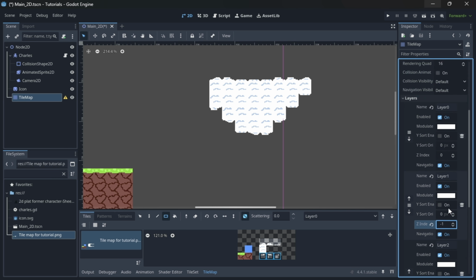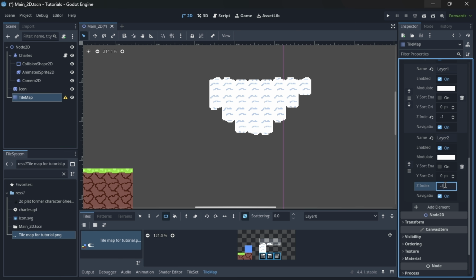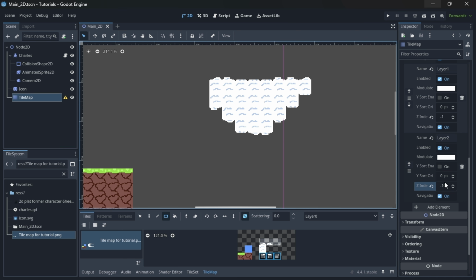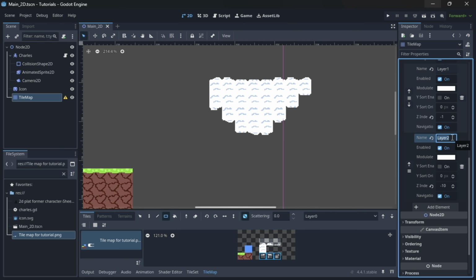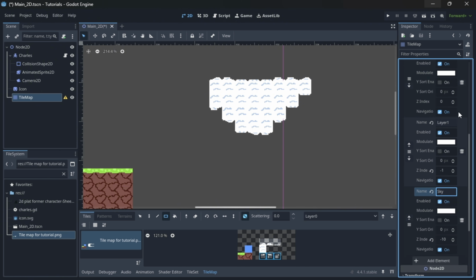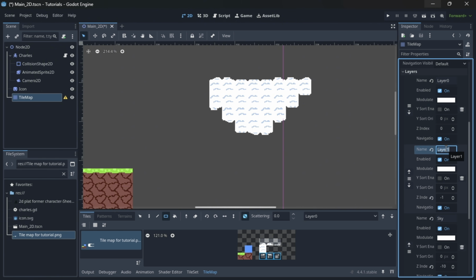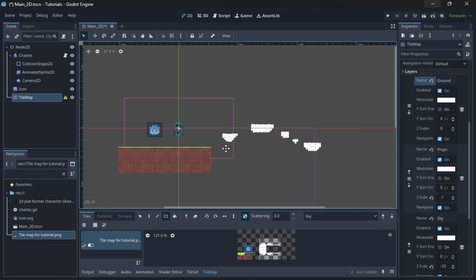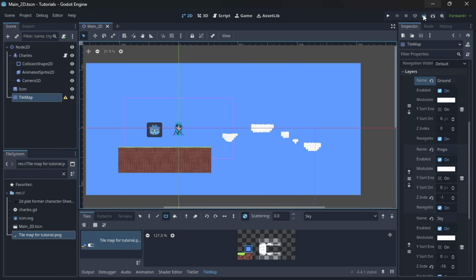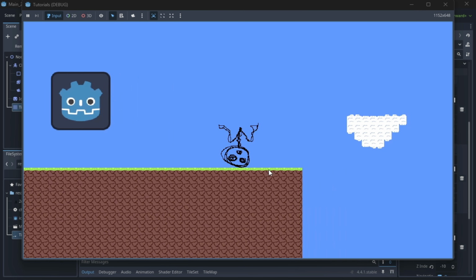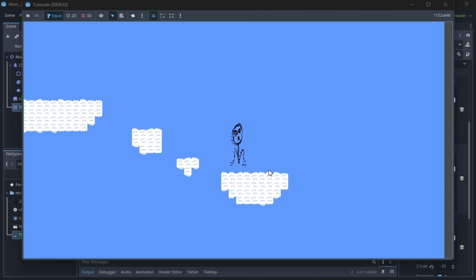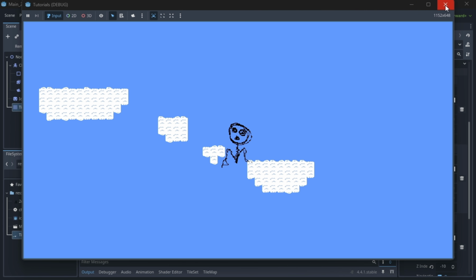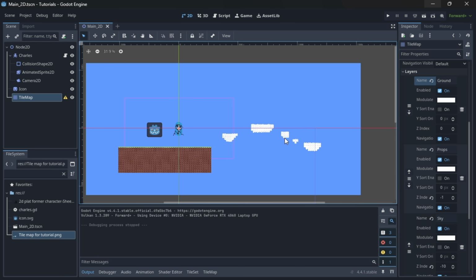And then I'm going to add one extra one. I'm just going to do -10 because nothing probably is going to be beyond that. And this is for the sky. You can also name these if you want to. So I could do sky, props, and I'll just do ground. So if I go over to sky, I can just, boom. It's not a pretty sky, but I also drew the entire thing in a few seconds, so, you know. Anyways, oh, shoot, I'm stuck. Anyways,